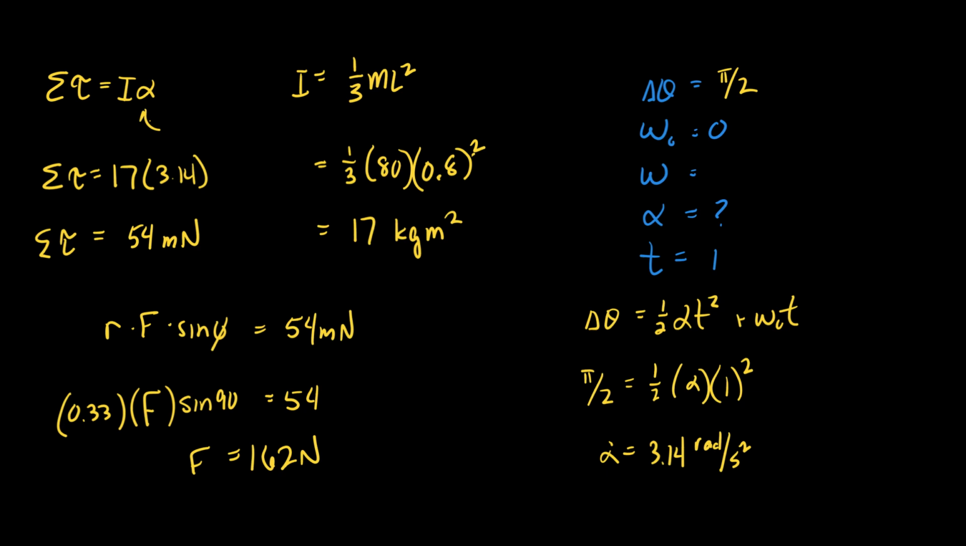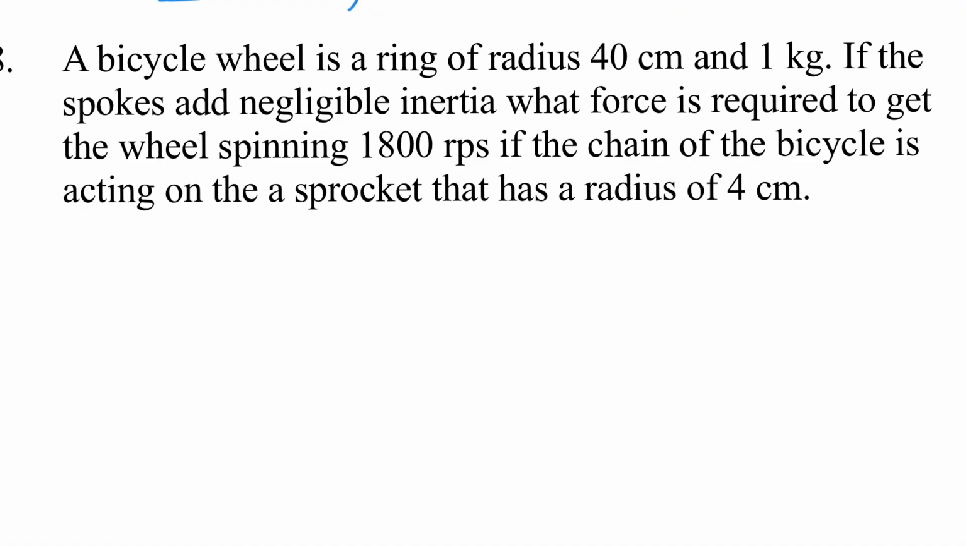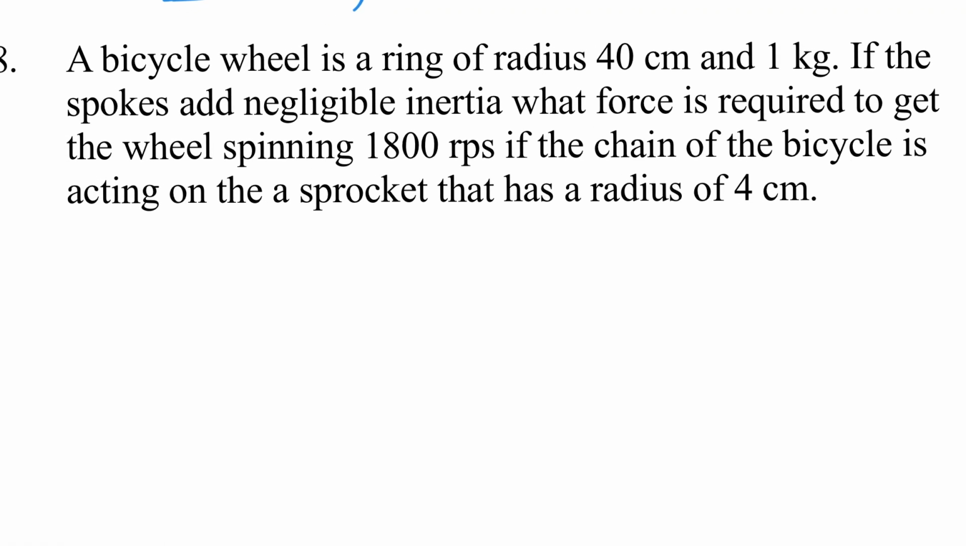But there you go. A bicycle wheel is a ring of radius 40 centimeters and 1 kilogram. If the spokes add negligible inertia, what force is required to get the wheel spinning at 1,800 rotations per second if the chain of the bicycle is acting on the sprocket that has a radius of 4 centimeters? All right, so